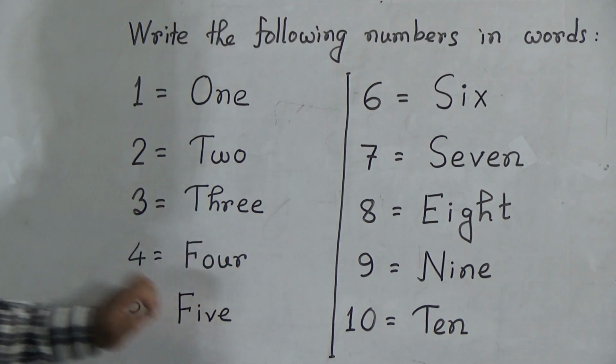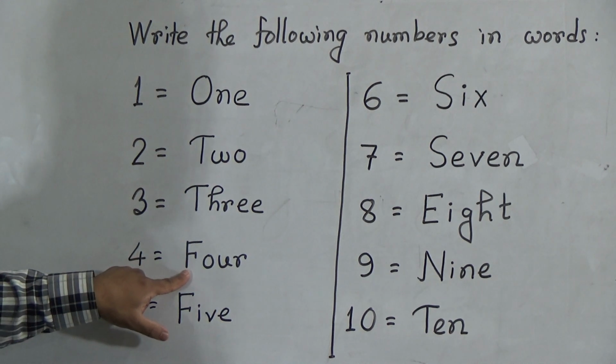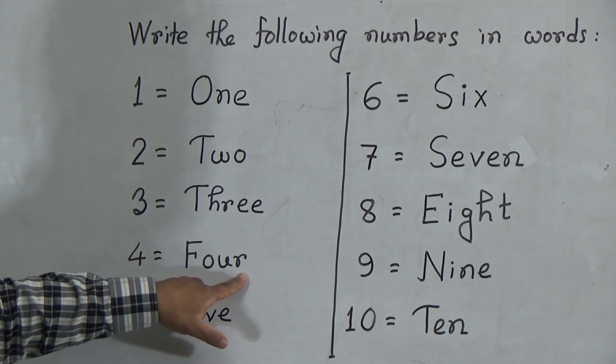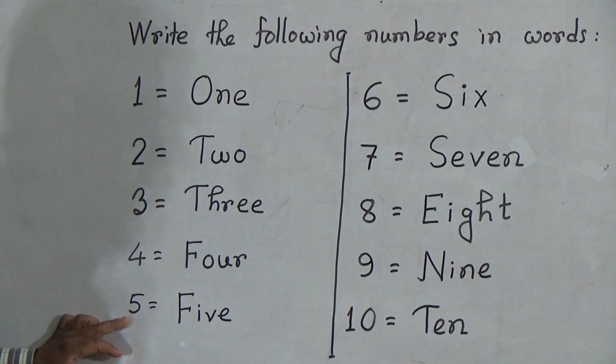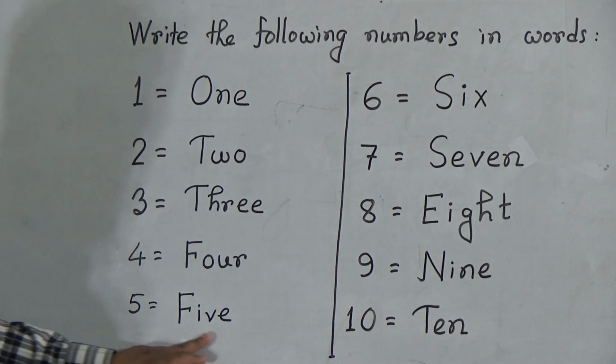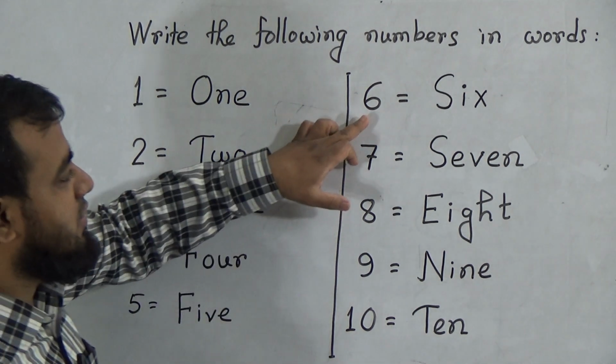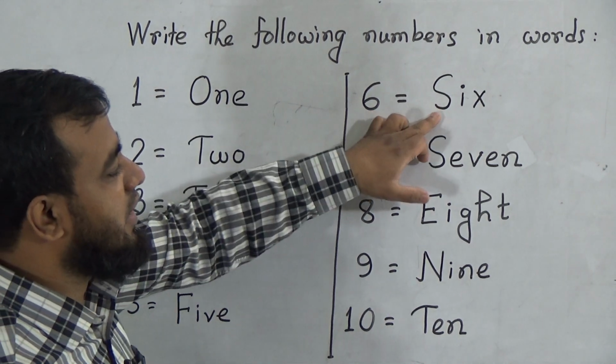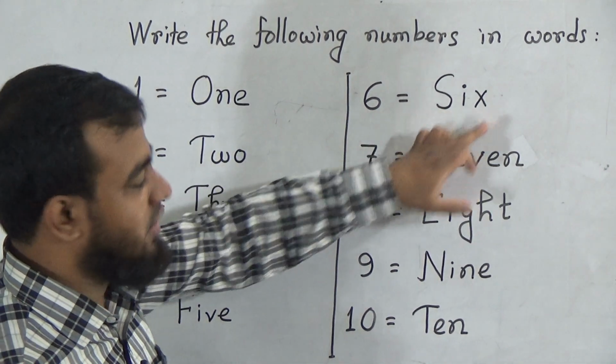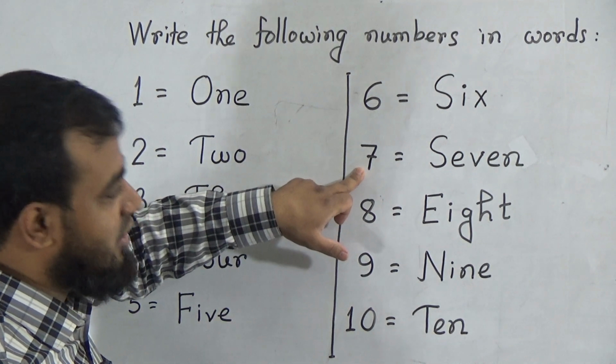T-H-R-E-E, 3. The spelling of 4 is F-O-U-R, 4. My dear students, this number is 5. The spelling of 5 is F-I-V-E, 5. This is the number 6. The spelling of 6 is S-I-X, 6. This is the number 7. The spelling of 7 is